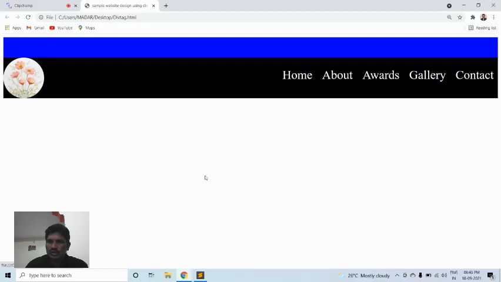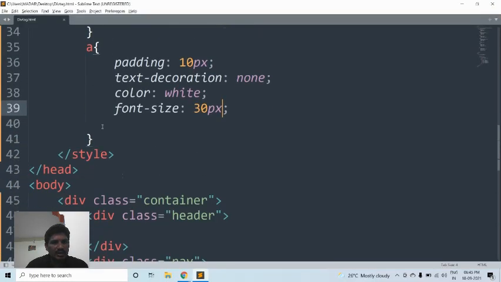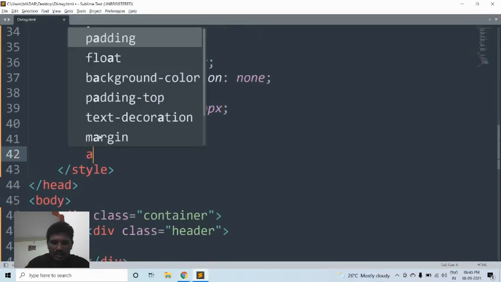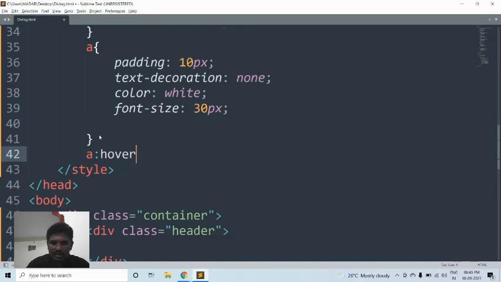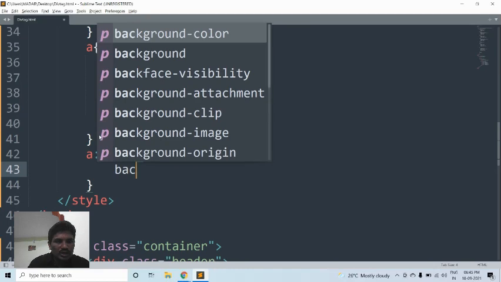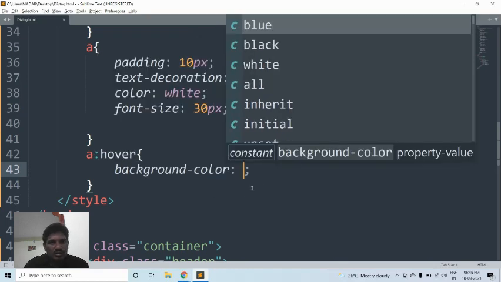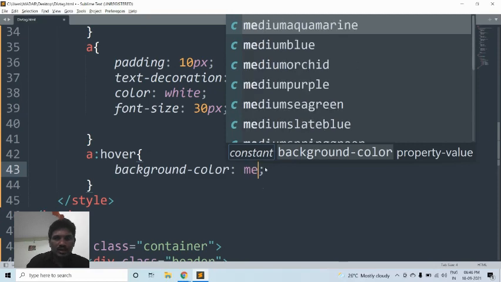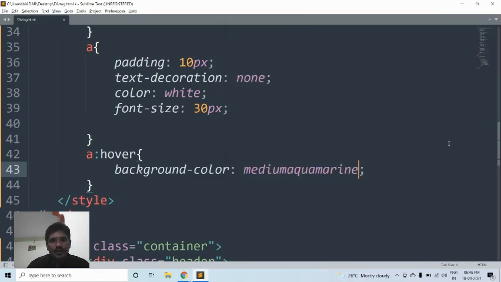Then here, if you want to hover over the anchor, if you want to add animations, then the background color should be what you want. Then medium.